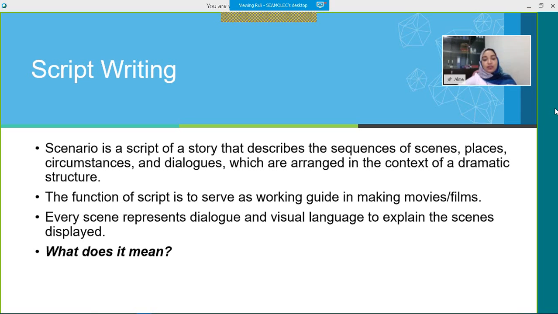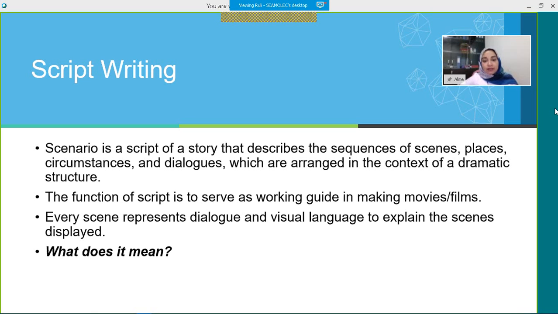Usually it's for movies or films, but in our case, this is to create your news report. So you will know to present the news in a sequence that you want your audience to understand. If you have the script, it will be easier for you to present it and to make it in an effective time so that people will get your information in a short time.